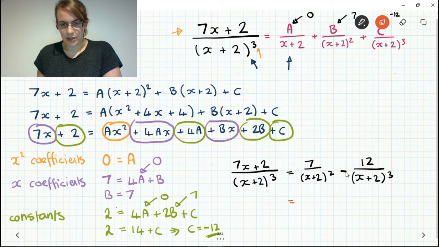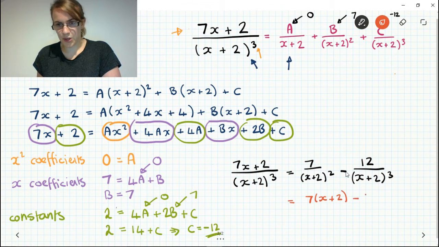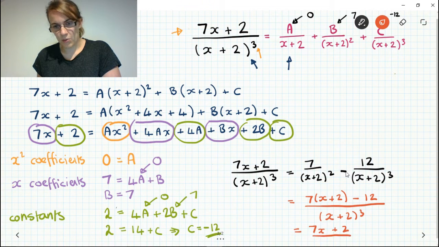And again, you should check your answer. So I'm going to multiply my first term by x plus 2 to get it over (x plus 2) cubed, and my second term is already over (x plus 2) cubed. So I end up with 7x plus 14 minus 12, which is plus 2, all over (x plus 2) cubed,